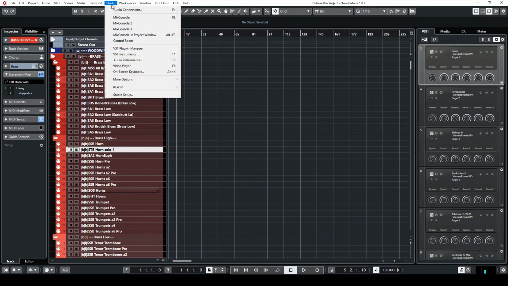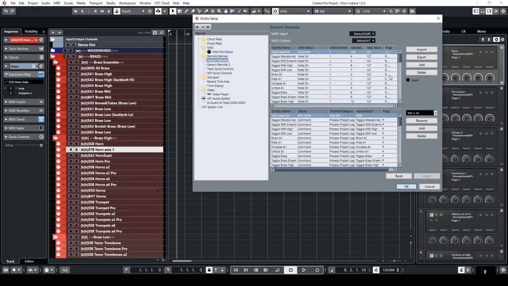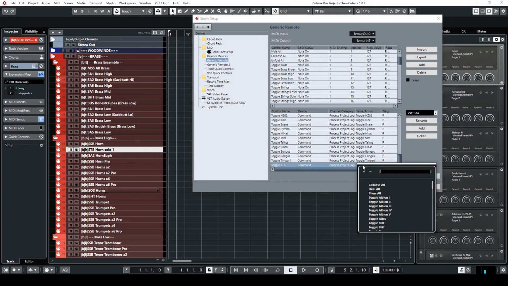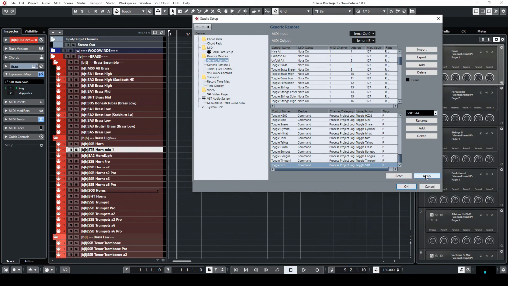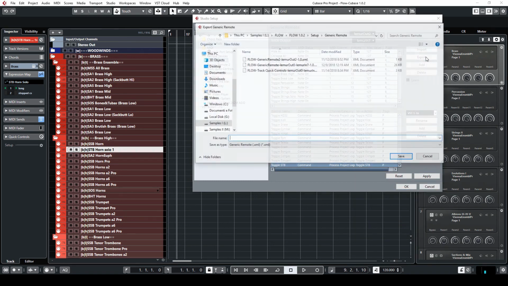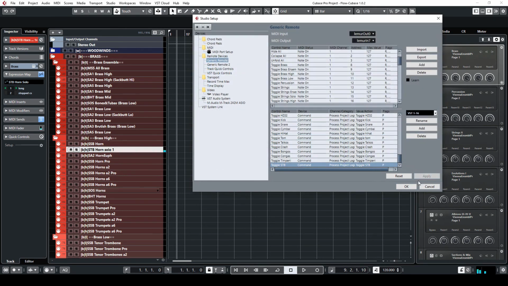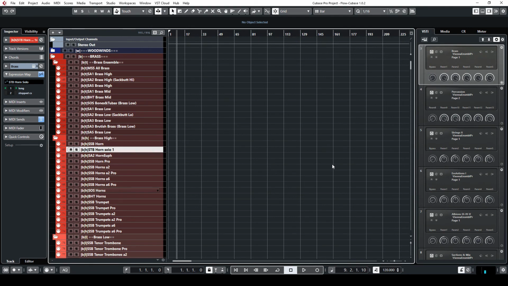So now if we go in the studio setup, we can see, and we can now set this one to use the toggle STB, which is there. And then we do not forget, that's very important, to export and save the file. I'm not doing this now, but you have to do it if you want to persist. And